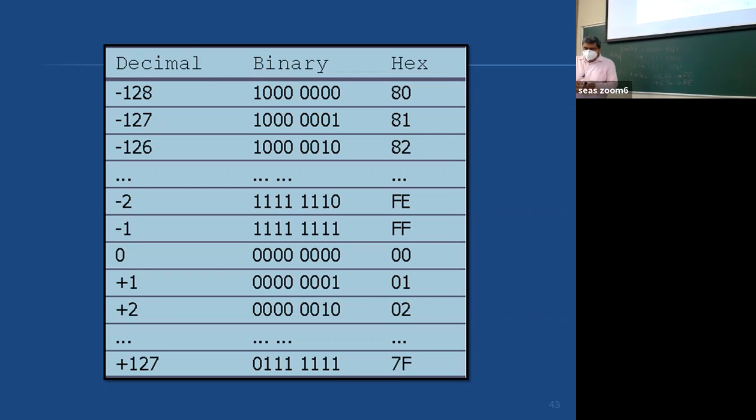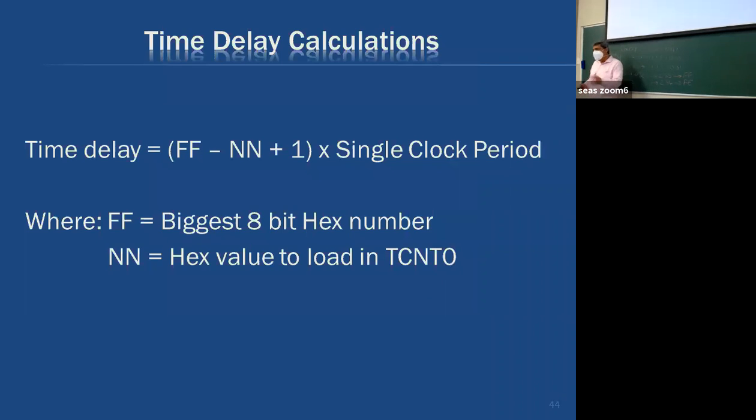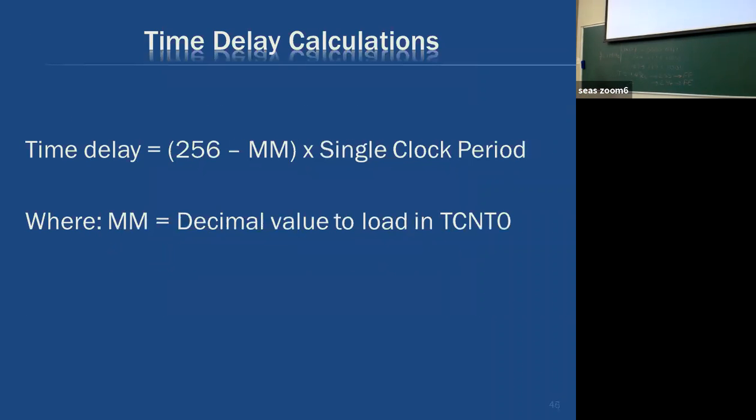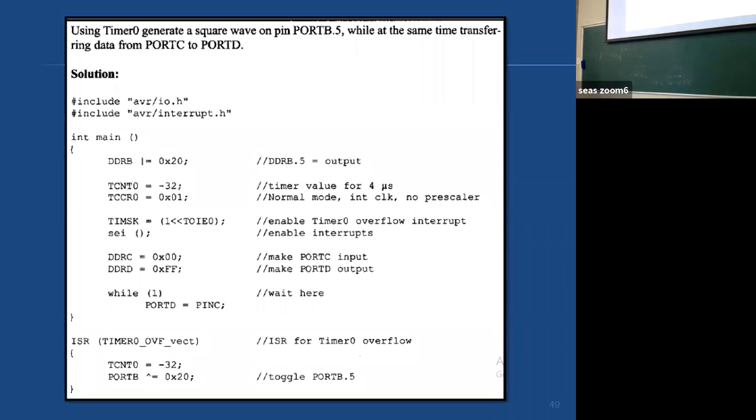So you will see some of these notations in the textbook. -32. -32 means we are running the timer 32 times, after which the rollover will happen. Clear? So that is the shortcut. So that is the negative number. Any question? So that was a quick review of negative numbers, and where this -32 comes from in our program that we did last time. Is this clear or not? Okay.